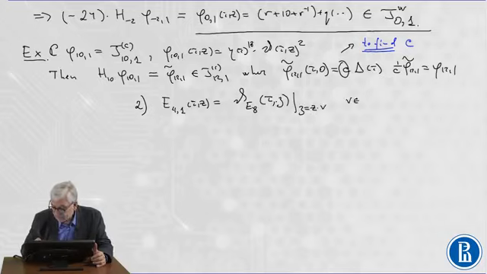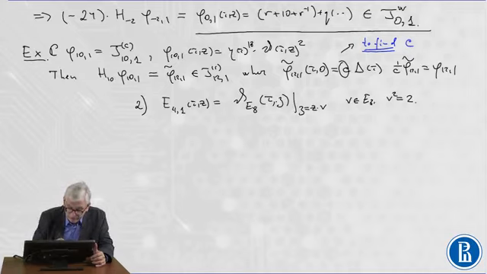V is in E8, v squared is equal to 2. Please try to calculate